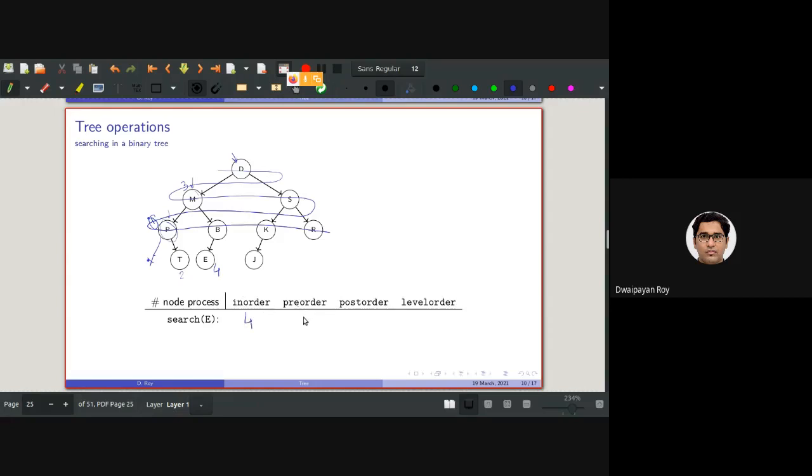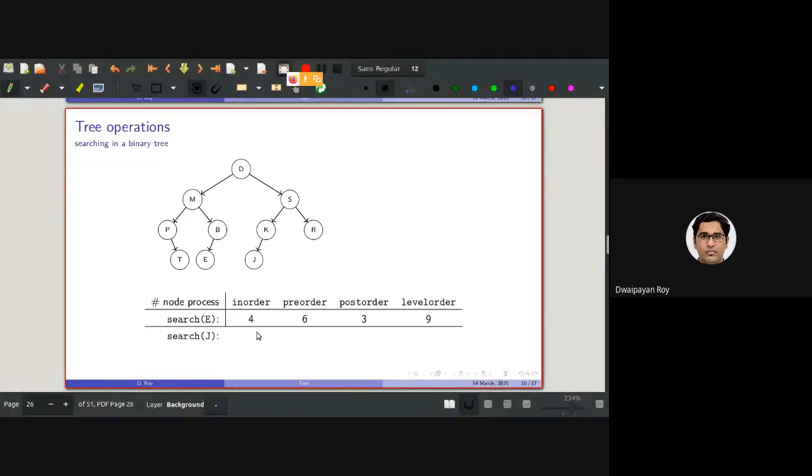For pre-order traversal, if you do the calculation, it will be 6. For post-order traversal, it will be 3. And for the level order traversal, as you can see, this is first, second, third, 4, 5, 6, 7, 8, 9. So 9 comparisons should have been done. Now, if I want to search J, how many comparisons should be done?